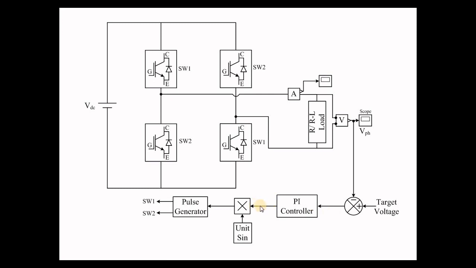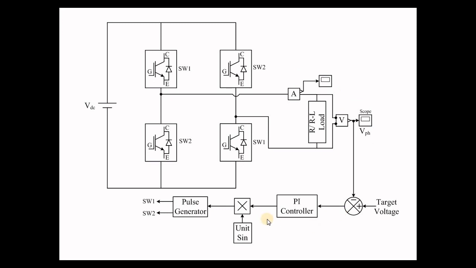The modulation index is generated from the target voltage. In the case of speed control of an induction motor, this is my target speed, and in place of the RL load I will connect a single phase induction motor, or simply a single phase AC motor, because synchronous motors also I can control through this inverter. So the target speed and the actual speed of the motor are compared, and the error is given to the PI controller. The PI controller will give the respective modulation index corresponding to my target speed, and based on that modulation index, the pulse generator will generate the pulses.